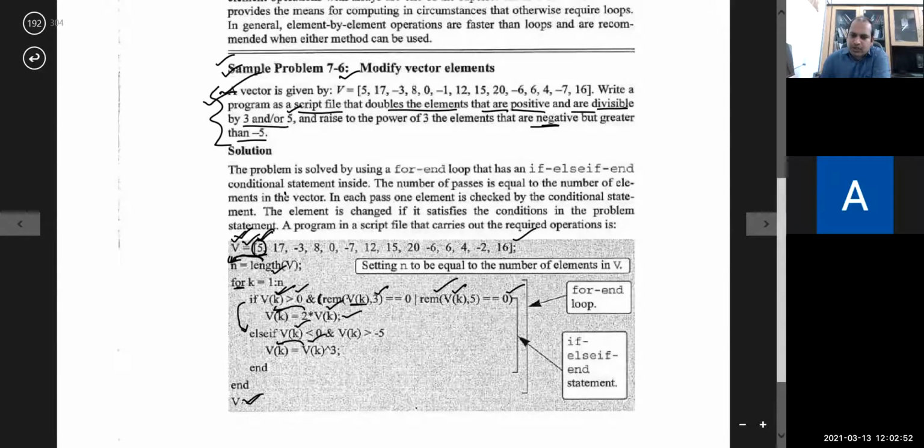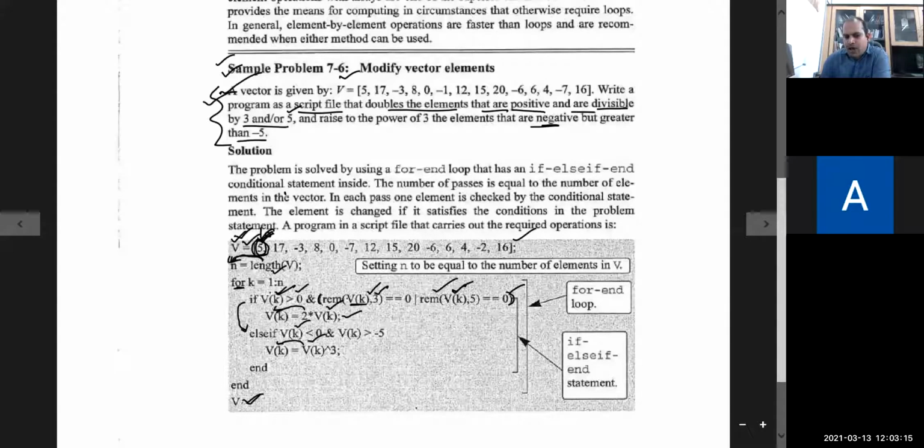Since division by 3 leaves a nonzero remainder, it's not divisible by 3. But the second condition is true: on dividing by 5, its remainder is 0. Basically, this one is a multiple of 5. So since the condition is true, it will replace the first entry by its double, that is 10. So in the answer, the first entry will be 10.